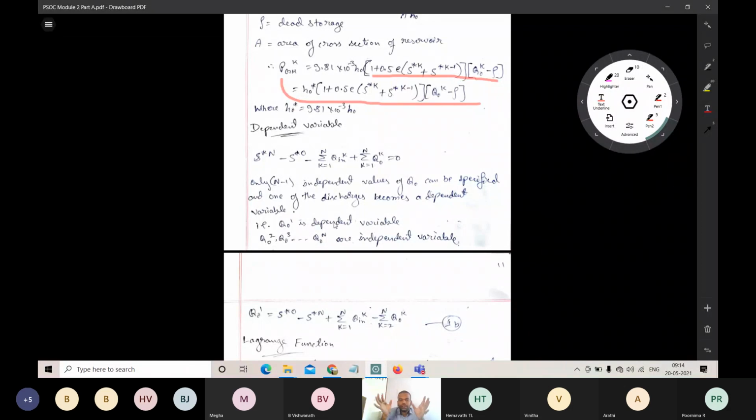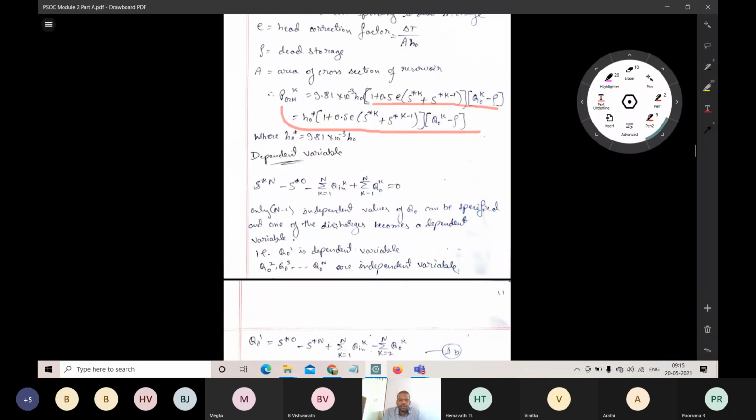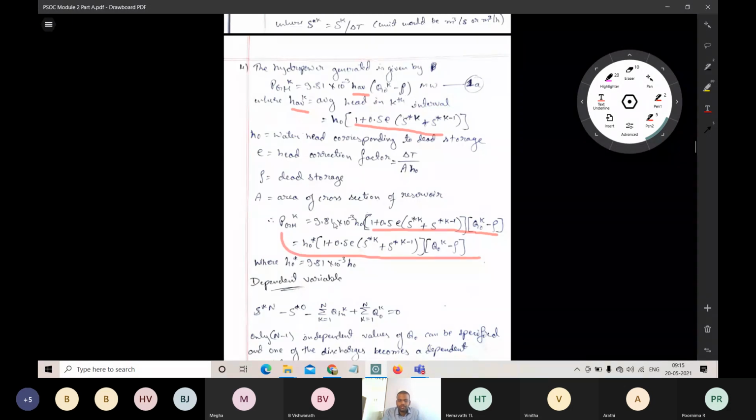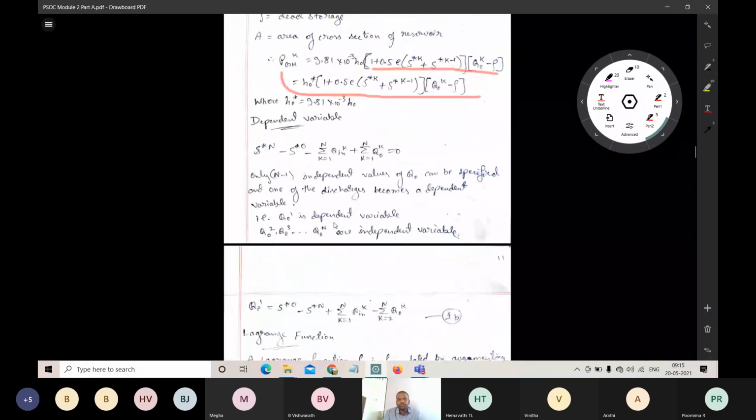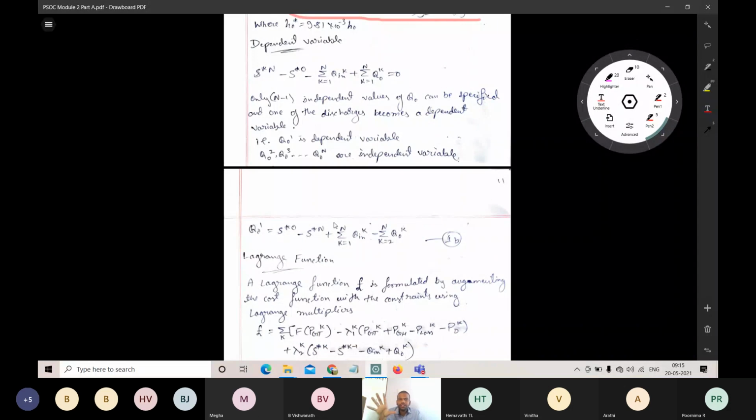What are these? The minimization cost of the thermal station, the power balance, load plus losses, the amount of power generated using the hydel, and the third one is storage, the amount of water available at the storage. By using all these things, we are going to solve the basic problems. What are the basic problems that we faced? We have to minimize the thermal cost, calculate the water discharge, and also satisfy the different operating constraints of hydel thermal stations.